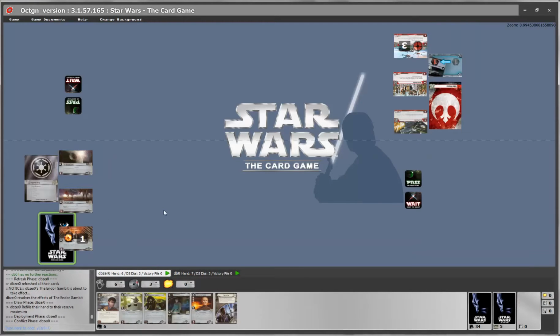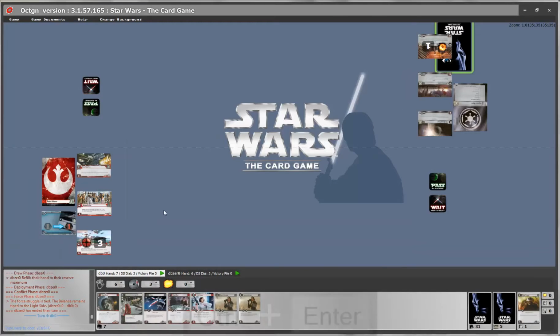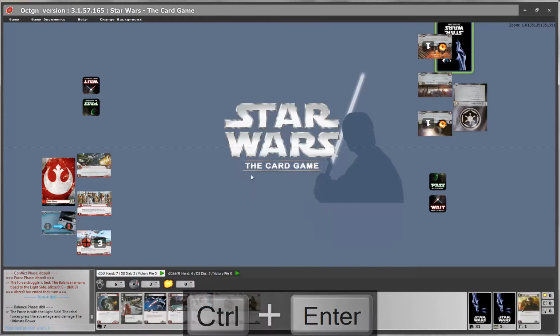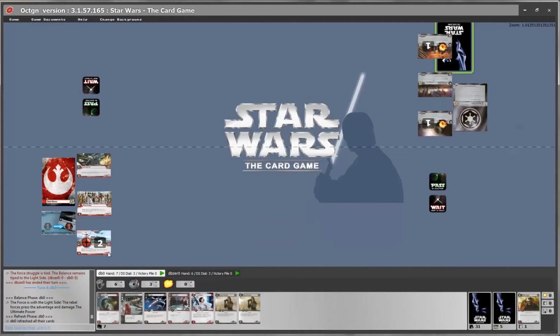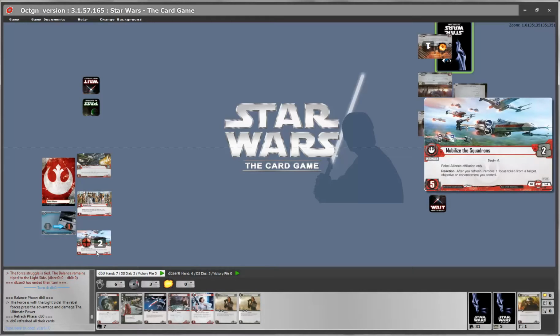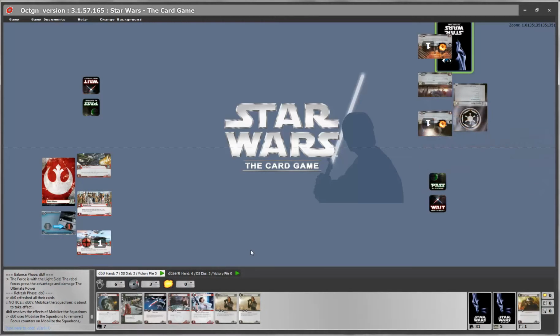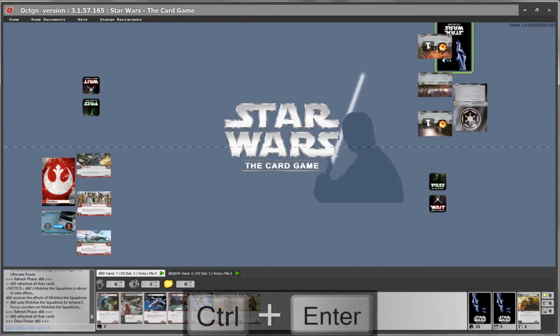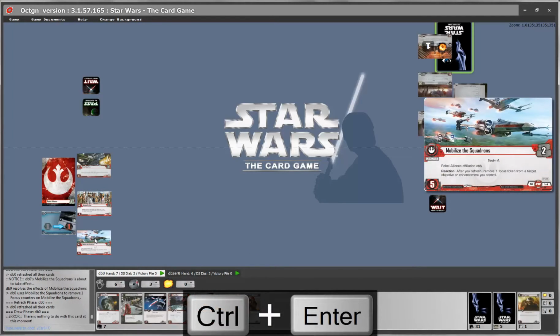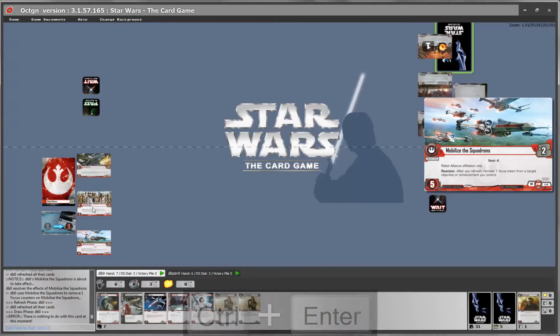Similarly, my opponent continues the turn. My turn starts, I do some damage, I go on. My Mobilize the Squadron removes it, and I remember, oh, I can use the Mobilize the Squadrons now to remove a token. I double click on it, it triggers, I use it. If I didn't use it, if I was in the refresh phase, and I moved on, and then I forgot it, double click on it, does nothing anymore.